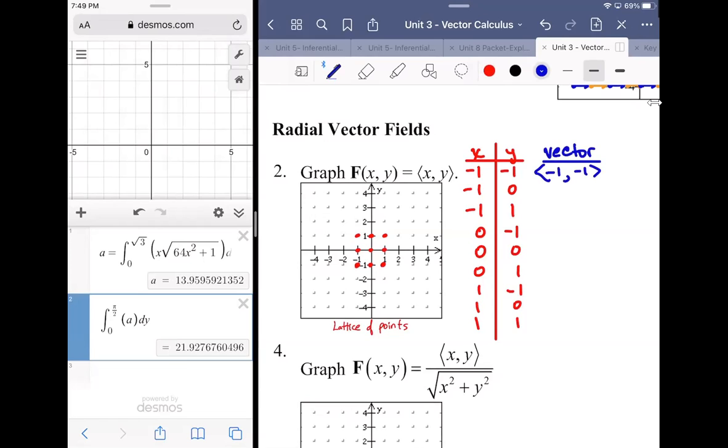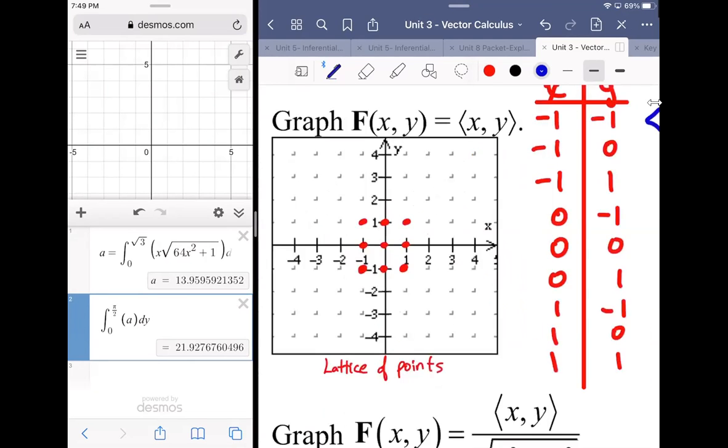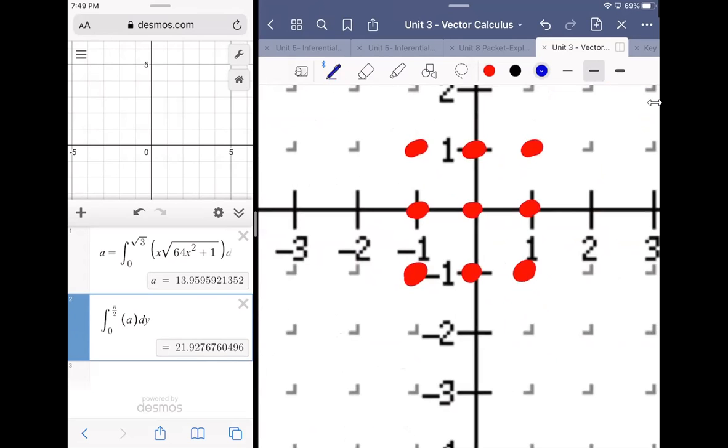All right. So at -1, -1, I have to plot the vector -1, -1. So what I do is I go to the origin, I draw out -1, -1, and I translate that over the appropriate location and draw an arrowhead on it. Now,